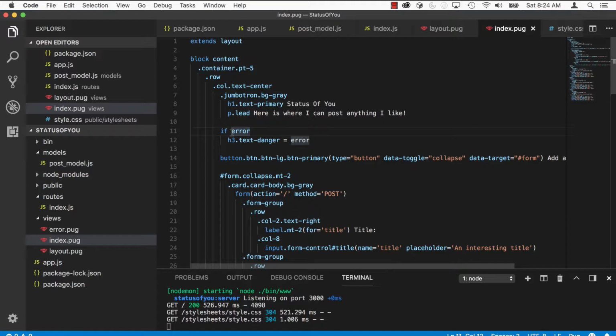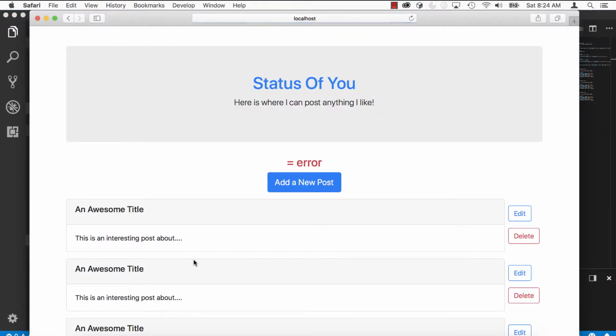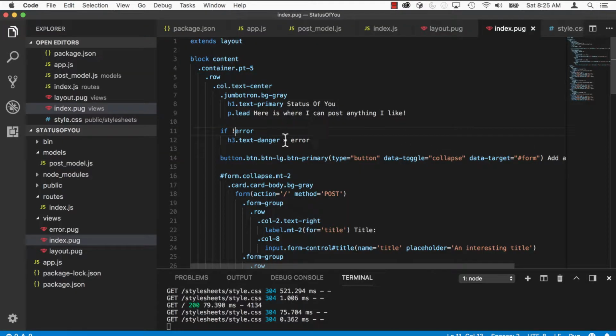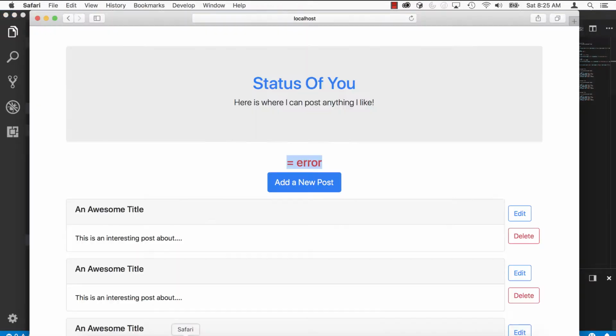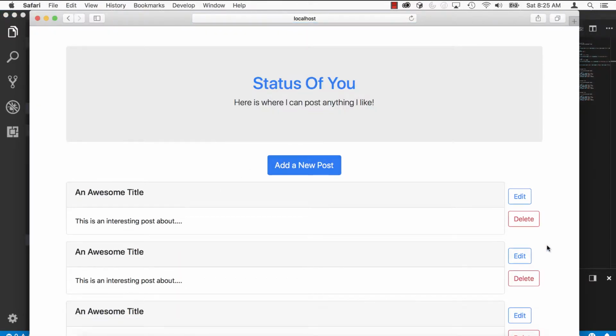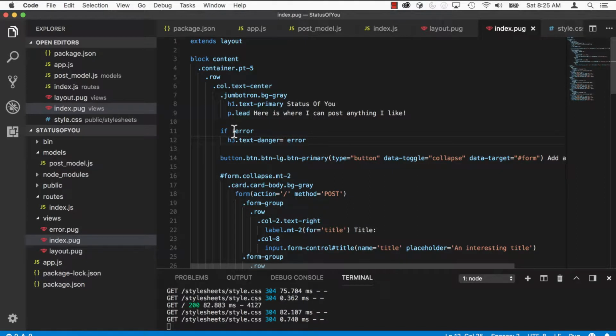Oh, well, there isn't an error being sent, so let's just say if not error, just so I can show you this. So what gets rendered is equals error. So what we need to do is that right there. And that's not going to render because there is no error being sent, but you saw what happens if you put that space there. So make sure it's right up against the element that you want to set equal to something,